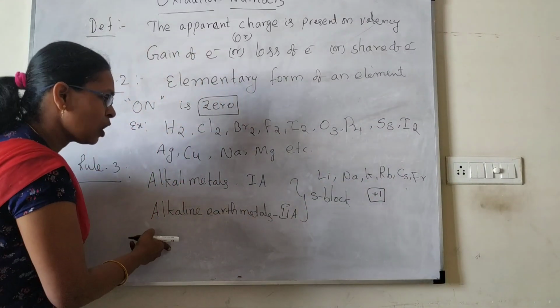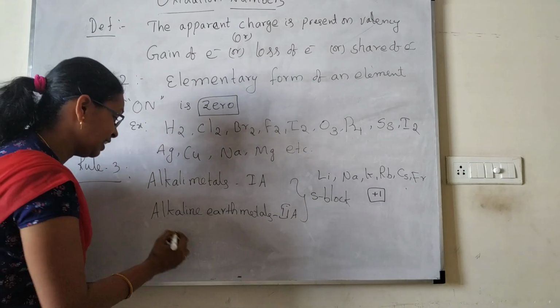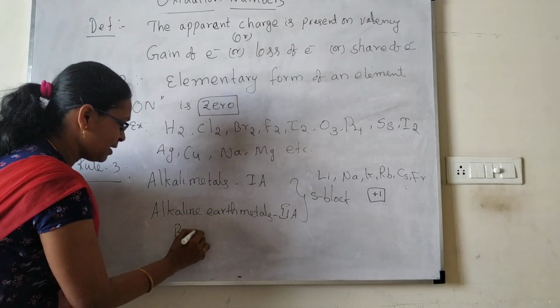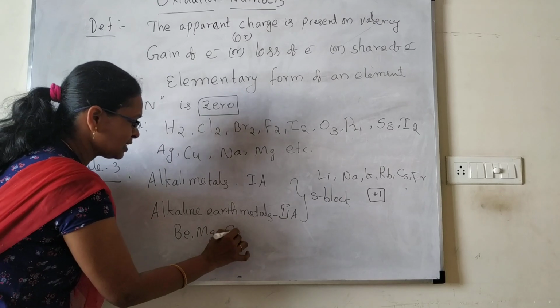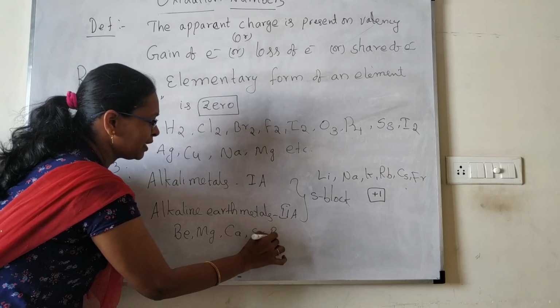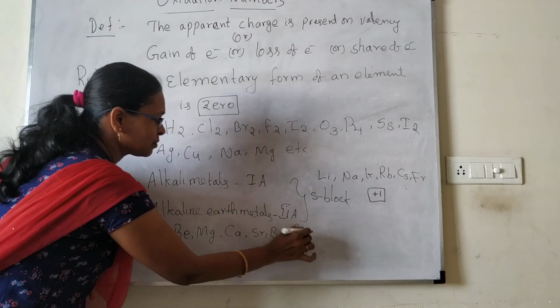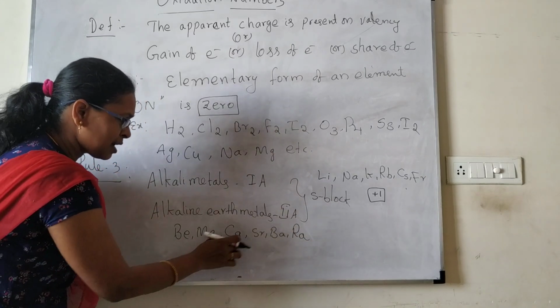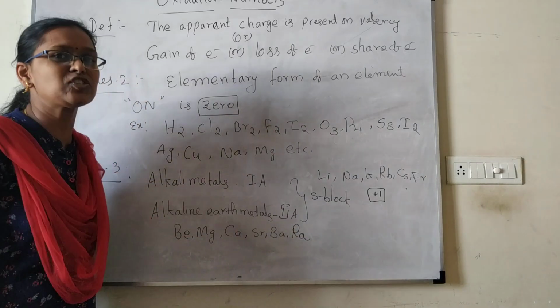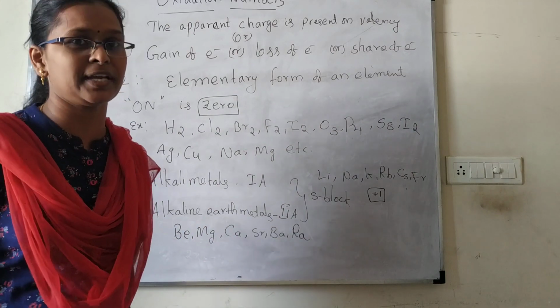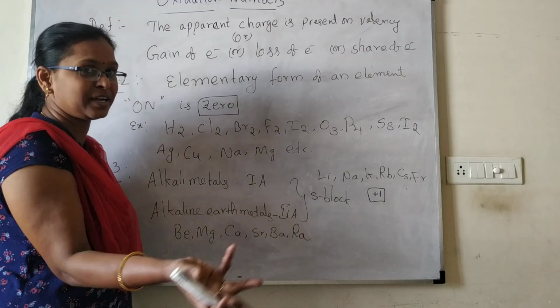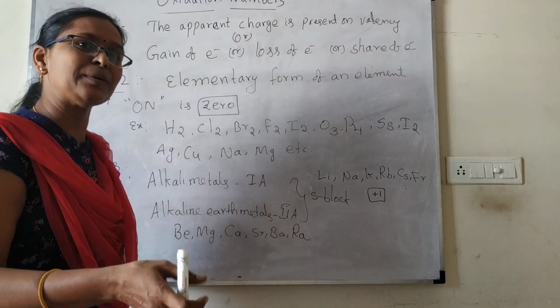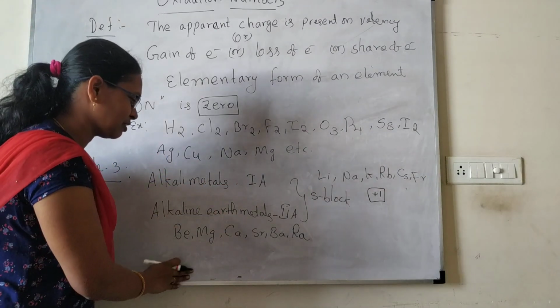And the next one, alkaline earth metals. These are available in the earth. Beryllium, magnesium, calcium, strontium, barium and radium. Okay. Be, Ma, Ka, Strawberry. I like strawberry ice cream, and I like Be-Ma also. That's why I kept the name as Be, Ma, Ka, Strawberry. If you want, you can keep some other names. Nothing to worry about that.